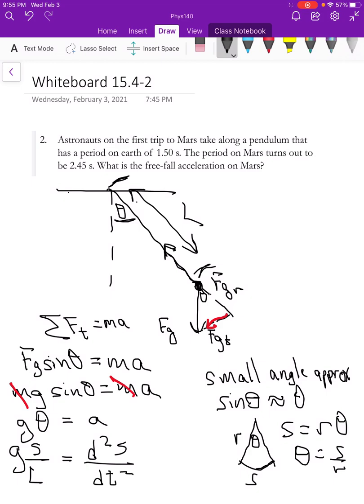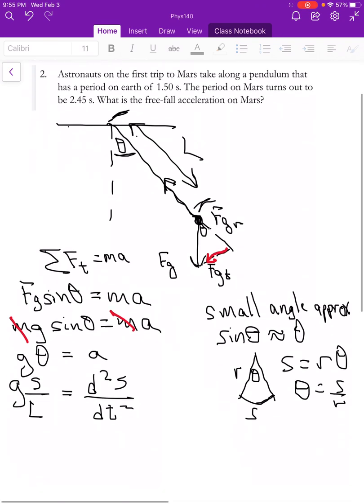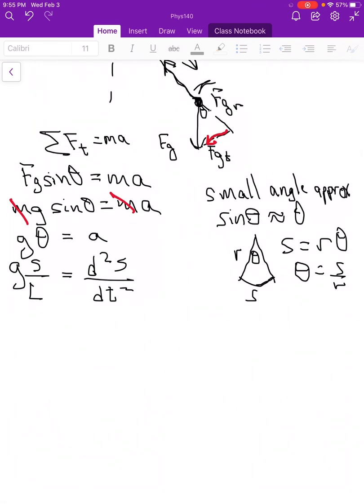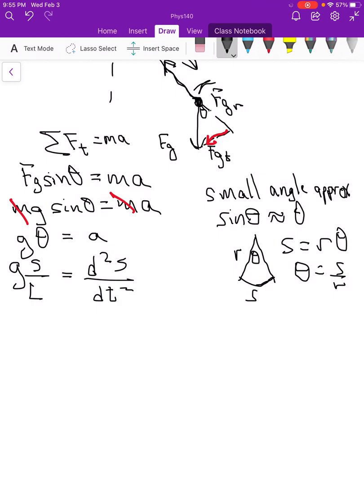Okay, and so just like we did for the spring, we now could substitute in, right? I know that my s is equal to some amplitude times cosine of omega t plus phi. And if we take the derivative, we get the velocity. If we take the derivative again, we get d squared s over dt squared